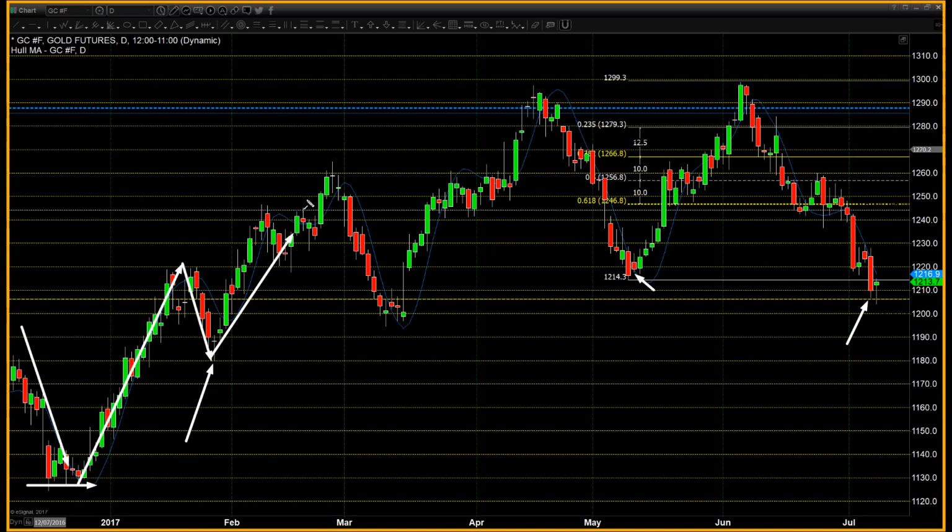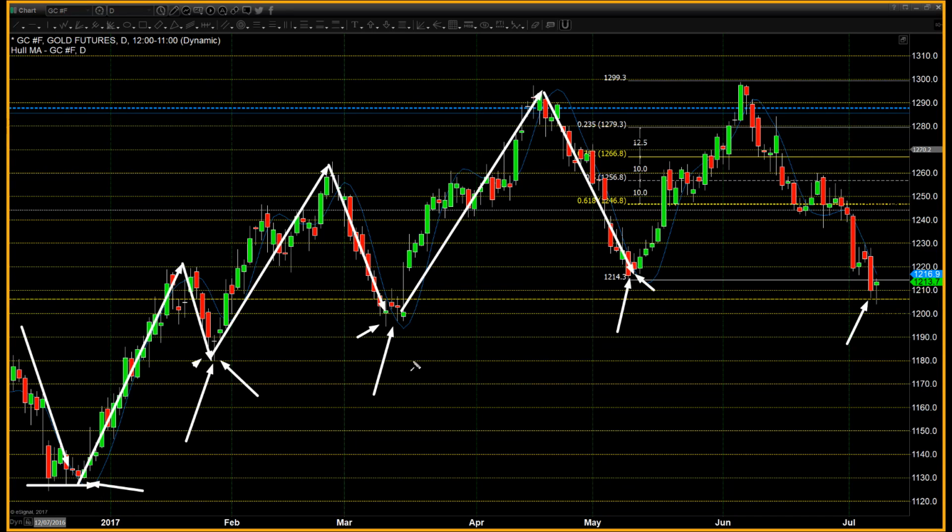You then get another subsequent rally here. And then as the market comes down, we look at this low, and this low here comes in just below 1200. So from this low to this low, you've got a higher low. Another rally, and then again, a higher low. So for the second consecutive time, and for the 3 lows this year, we have had a series. If we look at this low here, higher low, higher low, higher low. And that is absolutely what we want to see